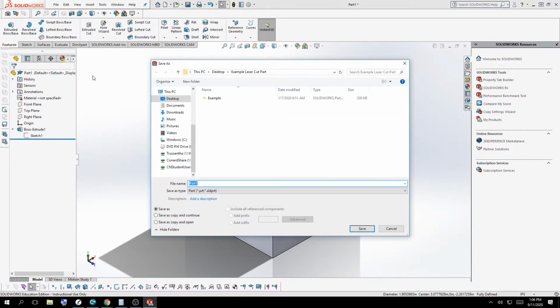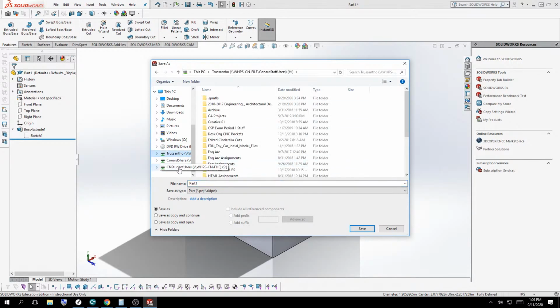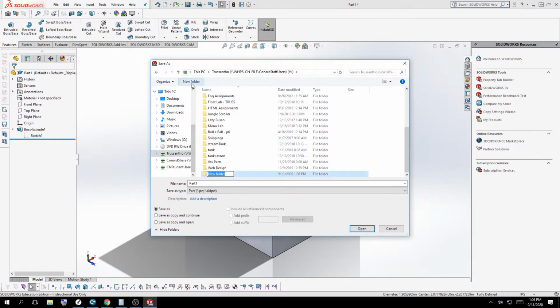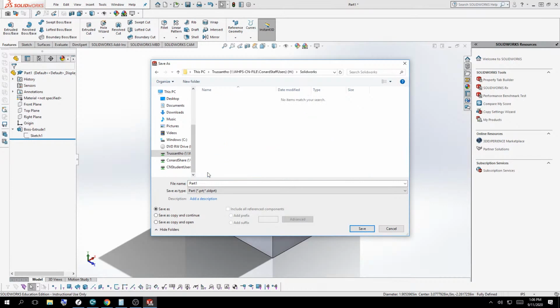and I'm going to simulate what you're going to be doing in the network drive. I'm going to pick a location on the Conard share. I'm sorry, on my specific login. Your network drive is going to have your own last name associated here. You're going to hit a new folder. You're going to type in SolidWorks. You're going to go into your SolidWorks folder, and you can just call this Cube with a capital C, and